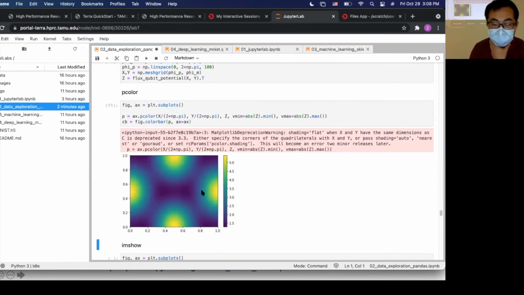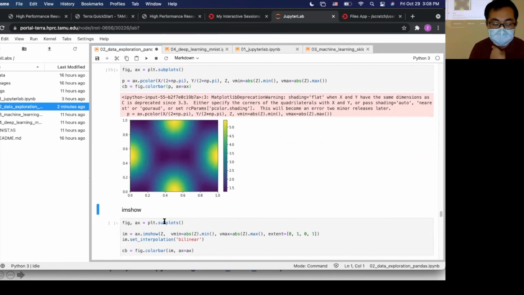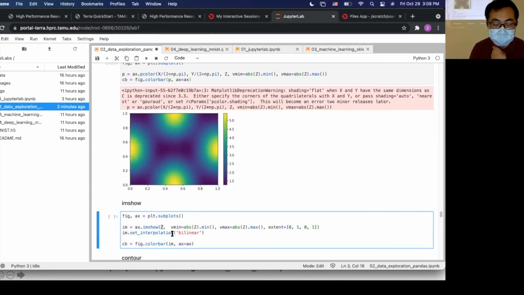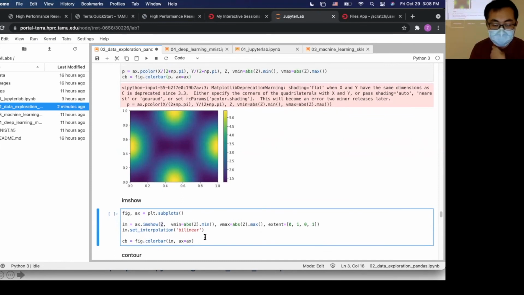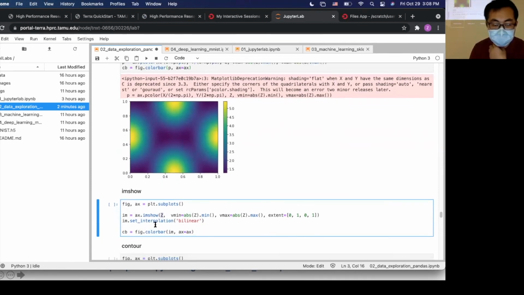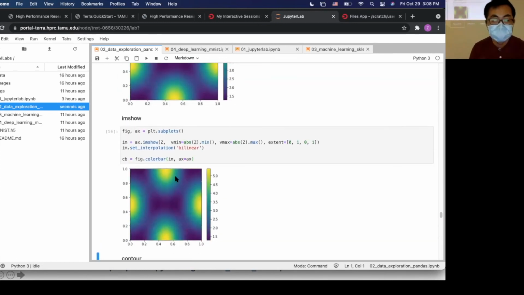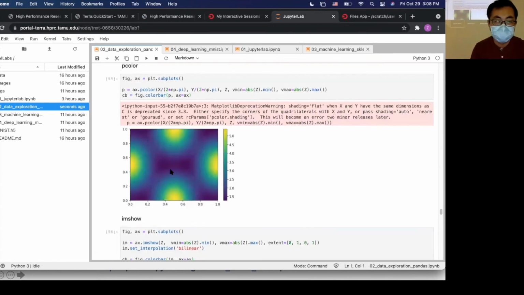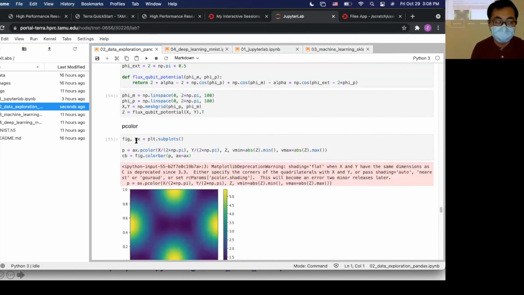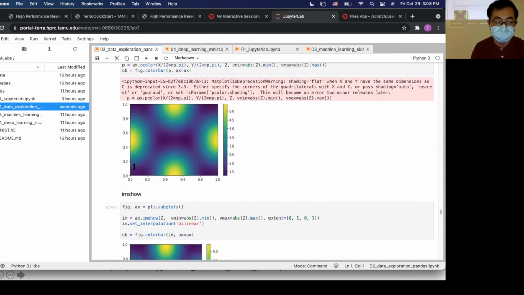It's a nice 2D plot. The other is similar to imshow, which only asks for the z, the function value, and uses bilinear interpolation. We have a color bar. So we can do 2D color plots using pcolor and imshow.